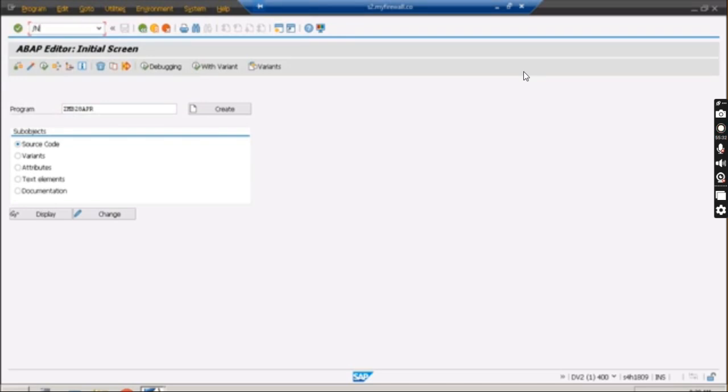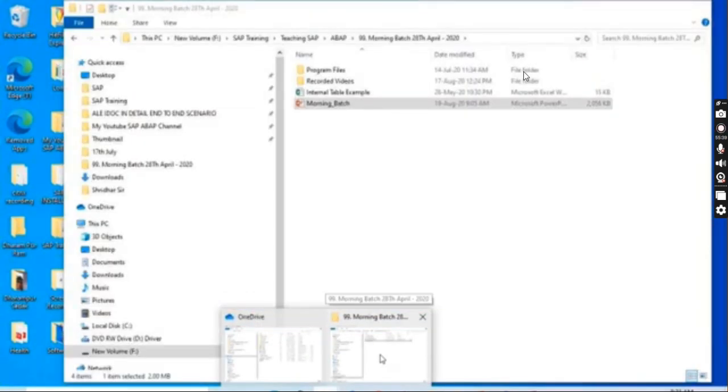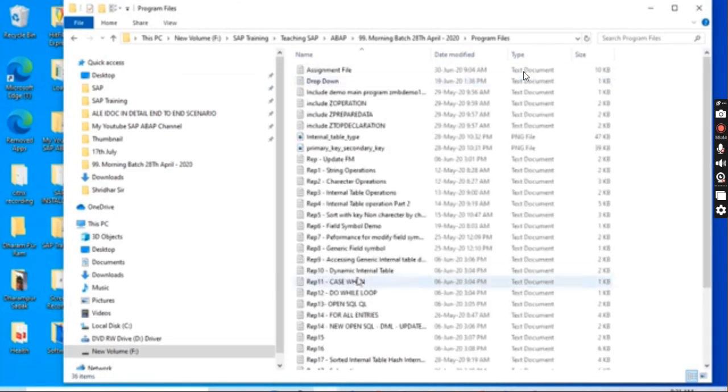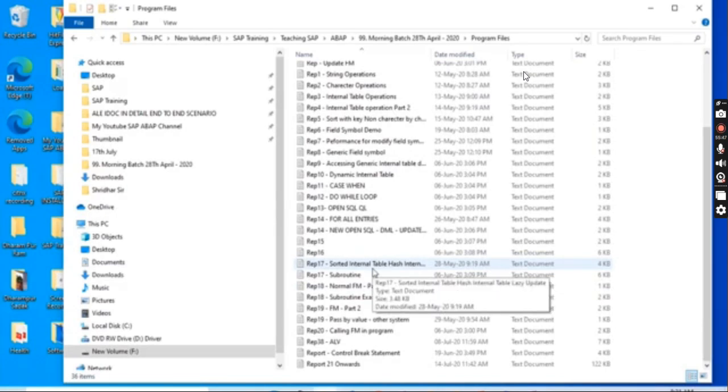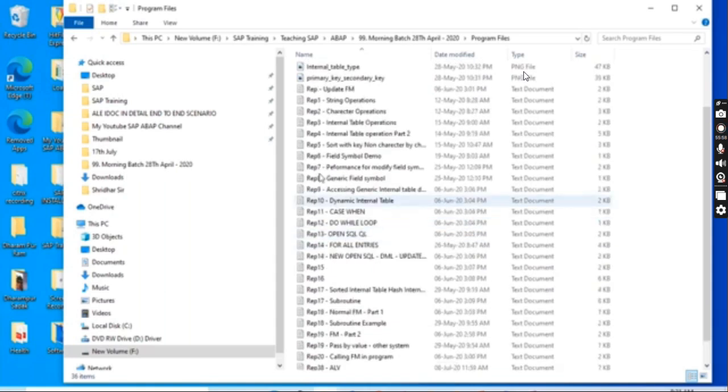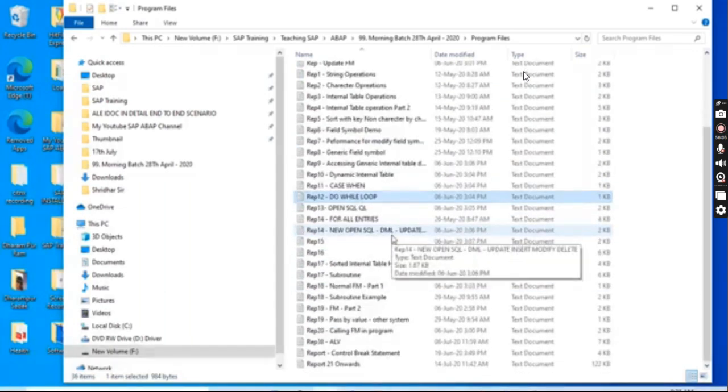Let me check if I have copied the text so that I can directly paste it over here. BDC1 will be good, or the control break statement. Here also I can show you string update FM case when, BTC.